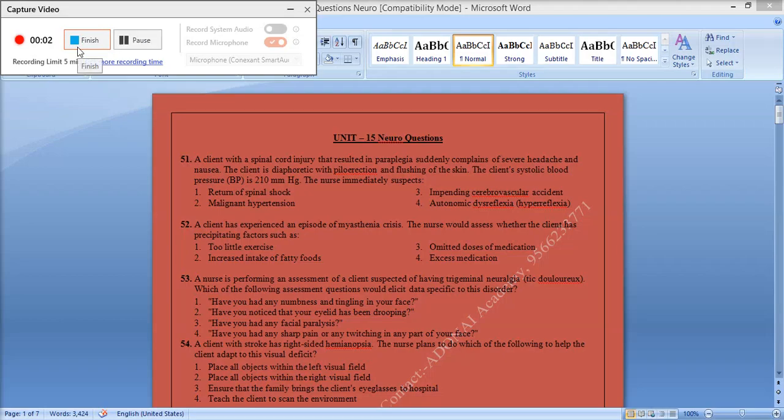Unit 15 Neuro questions. 51. A client with spinal cord injury that resulted in paraplegia suddenly complains of severe headache and nausea. The client is diaphoretic with pallor and flushing of the skin. The client's systolic blood pressure is 210 mmHg. The nurse immediately suspects: